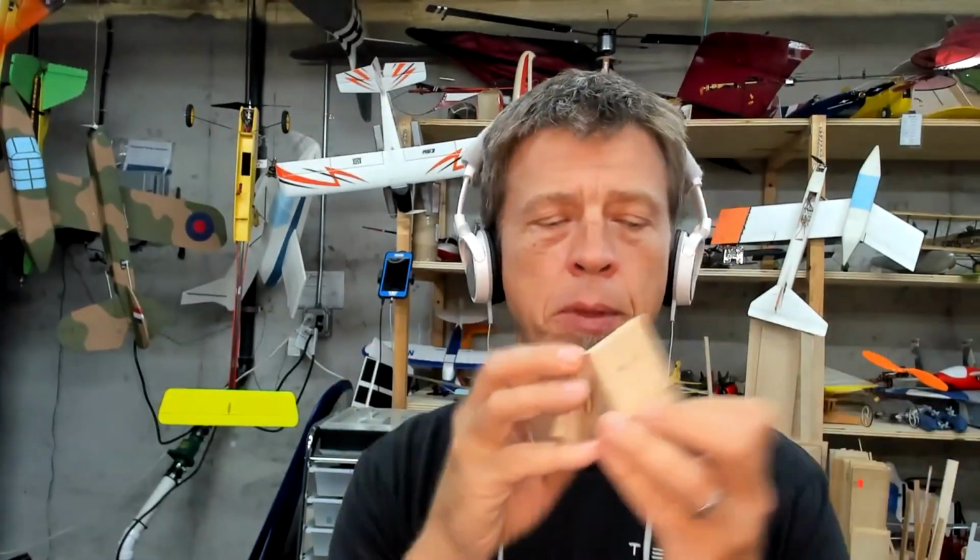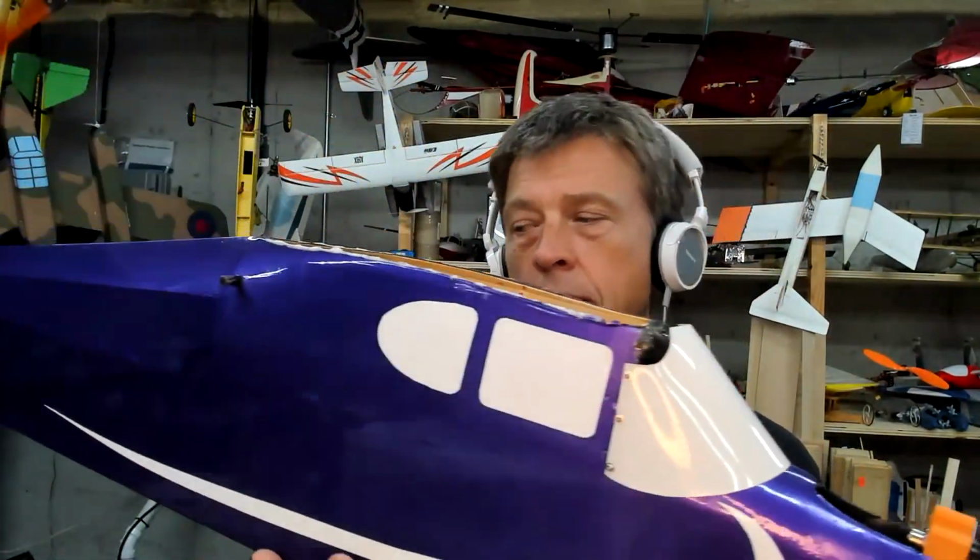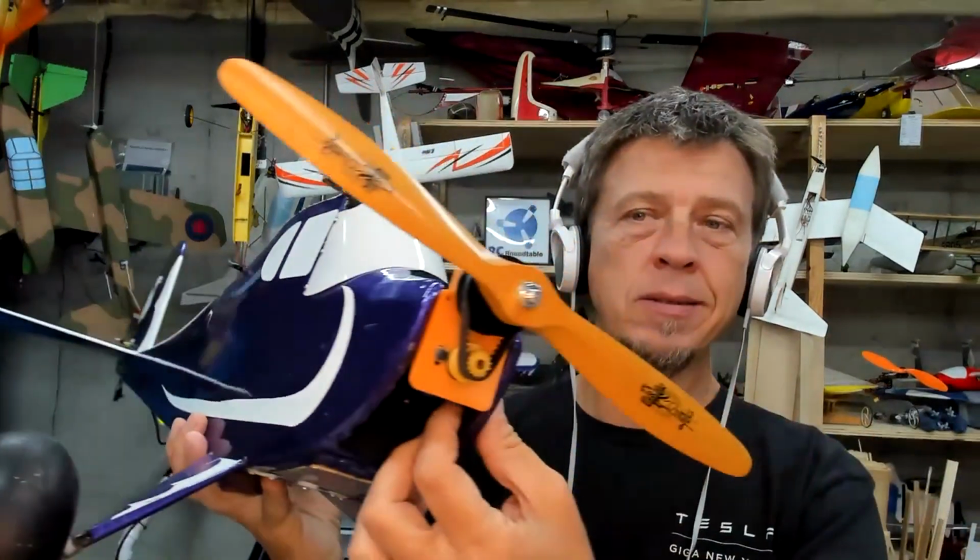My next idea was to make a motor box like the previous owner had done for that Power 15 motor. Here it is. So this was the one the previous owner had done. I'm thinking, well, all right, fine. I'll just make another one of those with some 1/4-inch ply that fits this gearbox. So I made the back plate, I made the front plate, and I was figuring out what the side plates needed to do. And then again, because there's just so little room on the sides here, I quickly figured out that I was going to spend forever cutting and fitting. So eventually I went back to my original plan, which was to carve out slots on the sides here